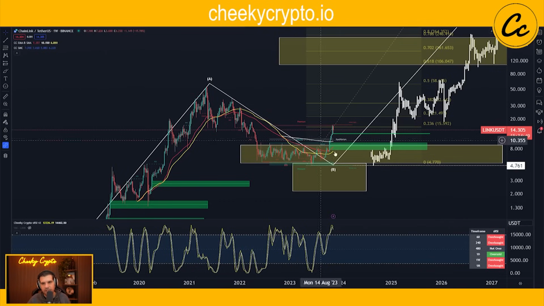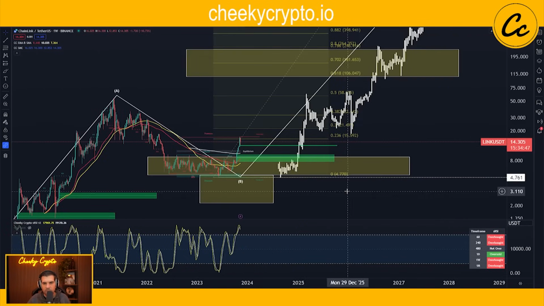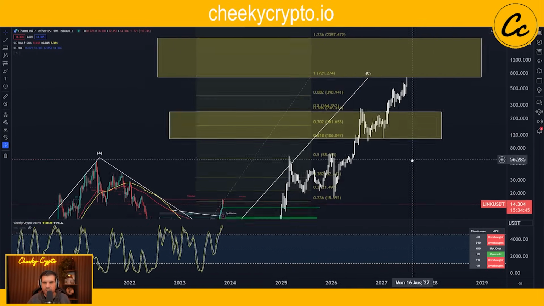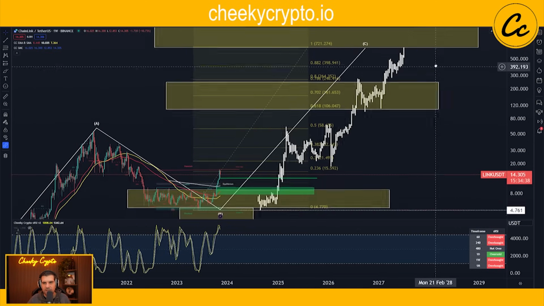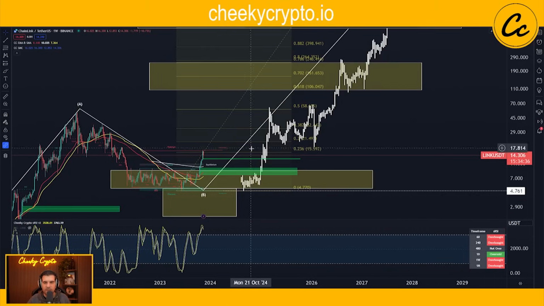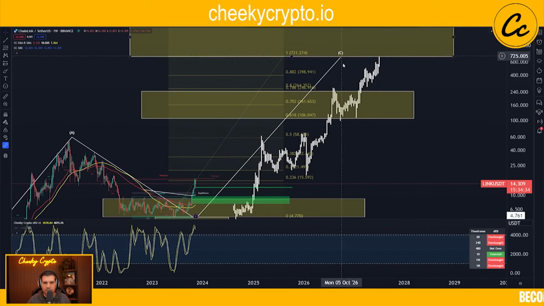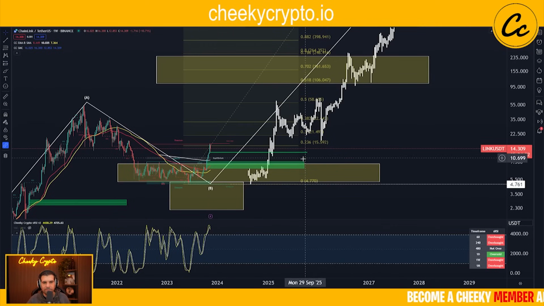So on the weekly time frame, you can see that we speculate the bottom is in, and we can see great growth potential here all the way up towards $700, even potentially $2,300 LINK. Okay, that is depending on the structures that finish off in this C wave pattern. Okay, so